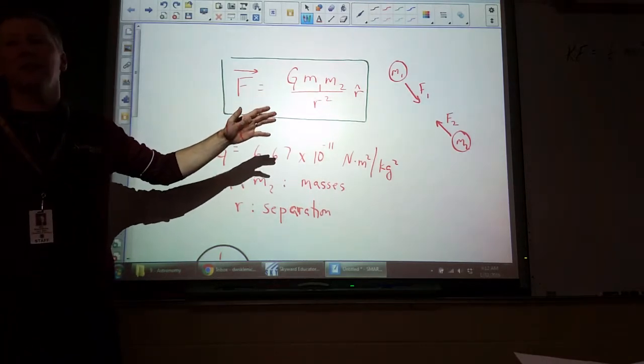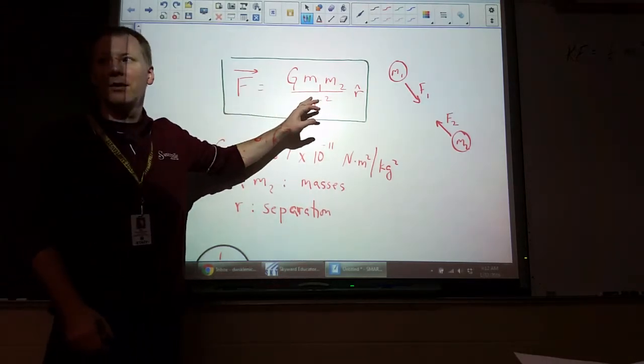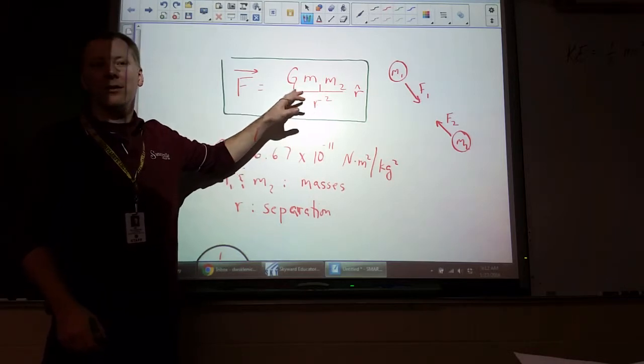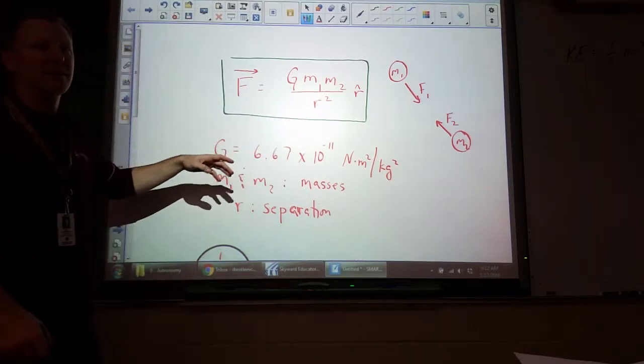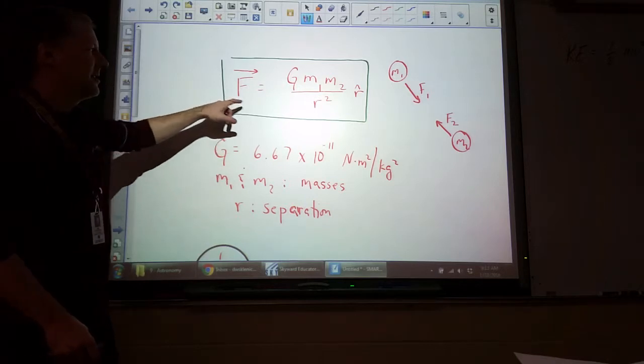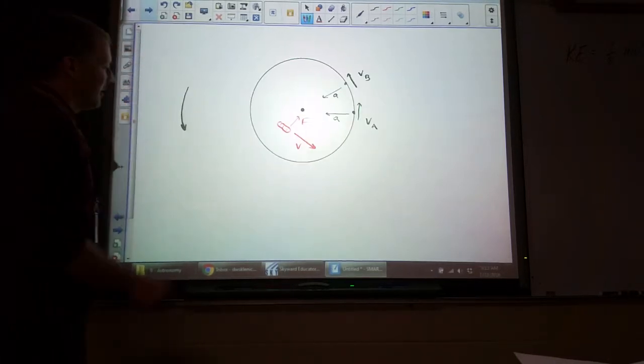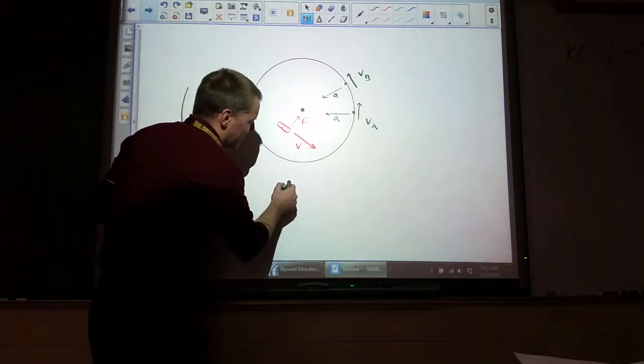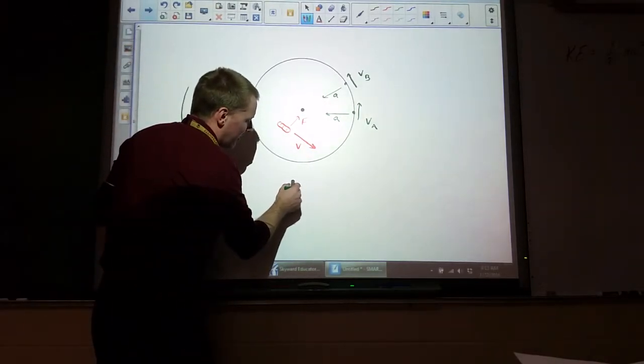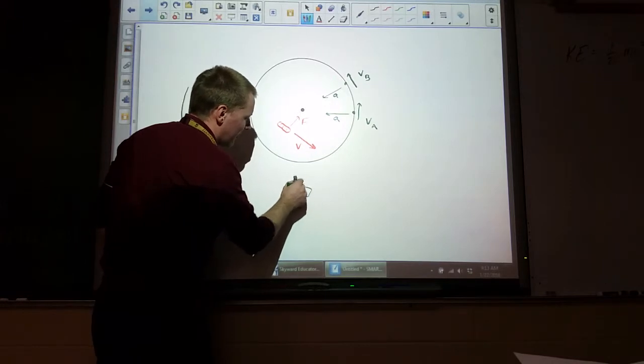Decreases. So it gets very small, but it doesn't actually stop. Every other particle in the universe is affected by Earth's gravity. It just gets really, really small the farther out we go. So if we were to look at this, what he's saying is we've got our spacecraft up here